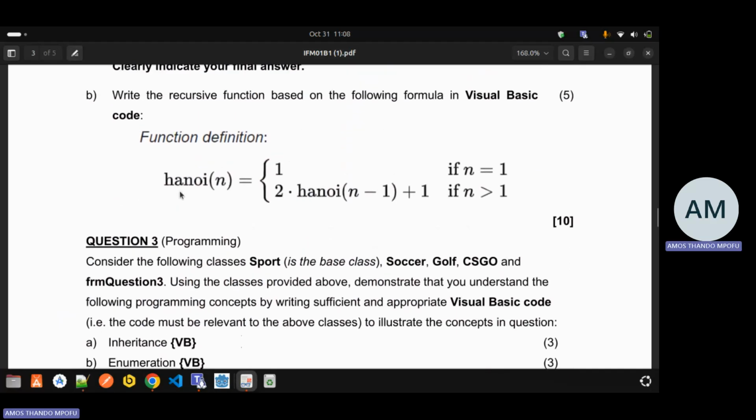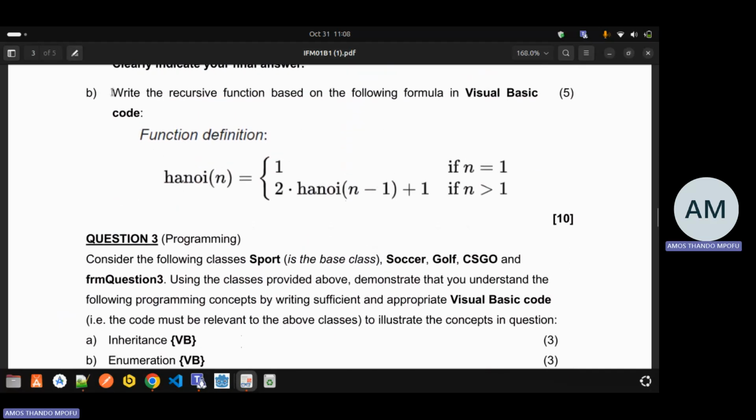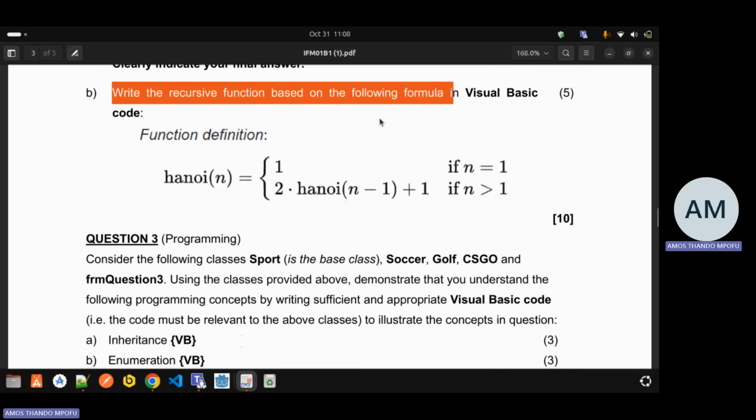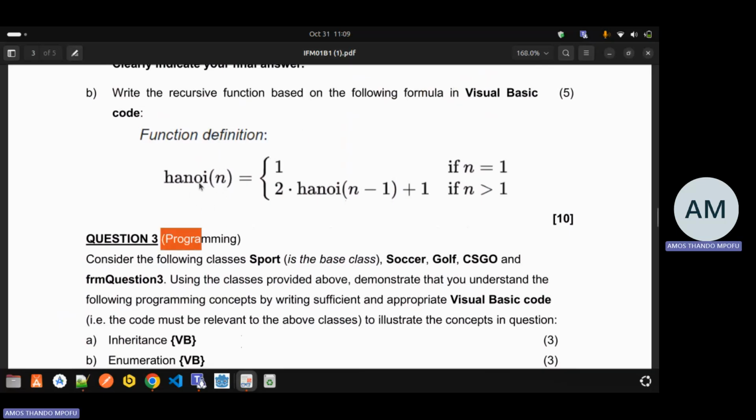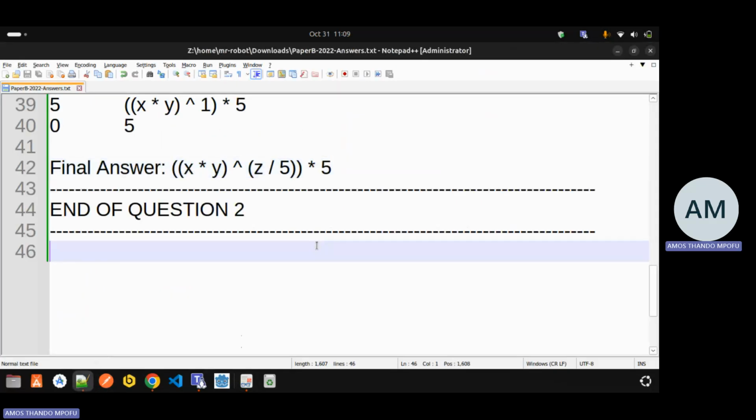So the last question, question B in question 2: write the recursive function based on the formula in Visual Basic. This is also very easy. They just say write the basic function. So I'm just gonna call it the way it's named. They say Hanoi, right? It generates the Hanoi sequence. So I'm going to go to my code here, and then I'm going to copy this,